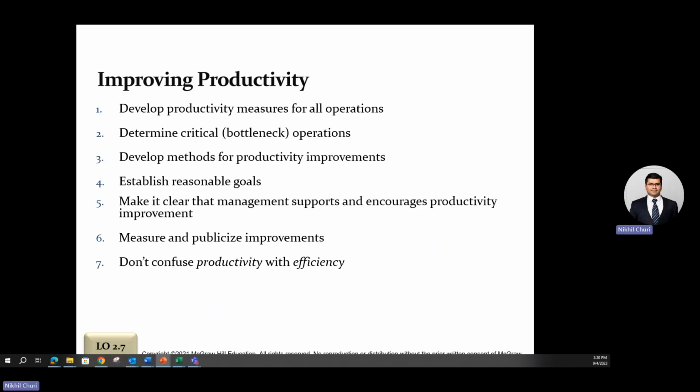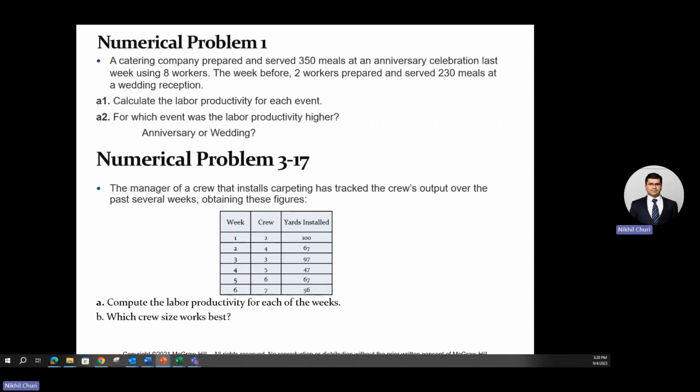So these are the 7 key areas where productivity can be improved. Now let's solve the problems over here. The very first, I'll just read it out and then I'll be using Excel to solve these. The first problem states: a catering company prepared and served 350 meals at an anniversary celebration last week using 8 workers. And the week before, 2 workers prepared and served 230 meals